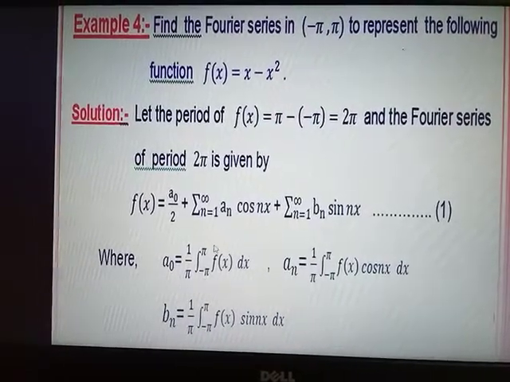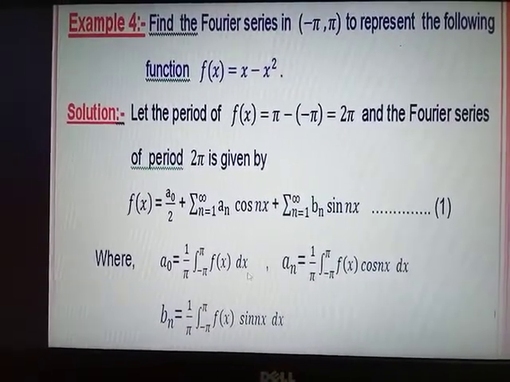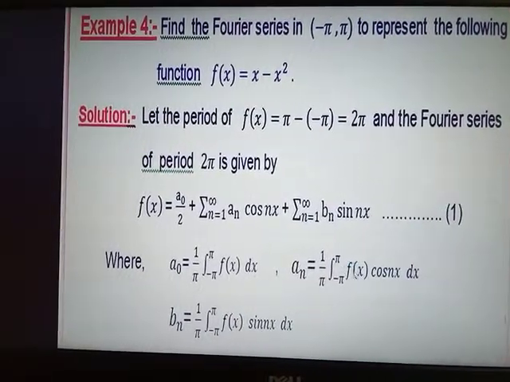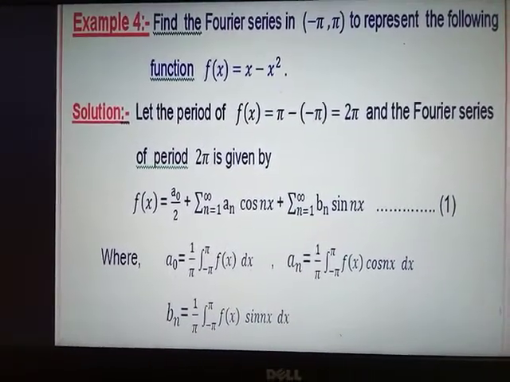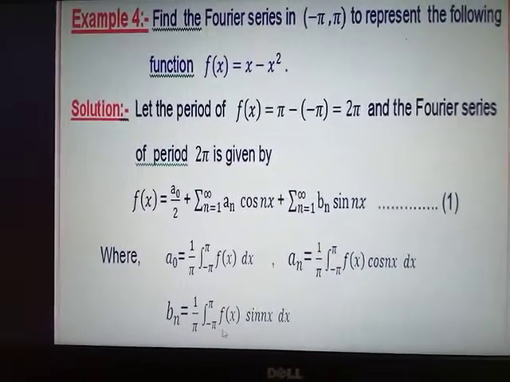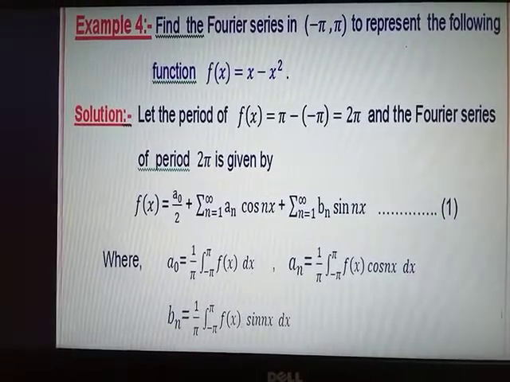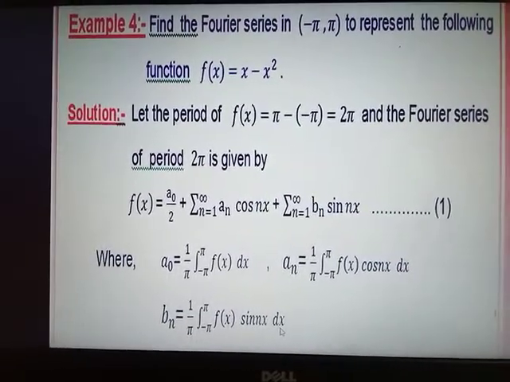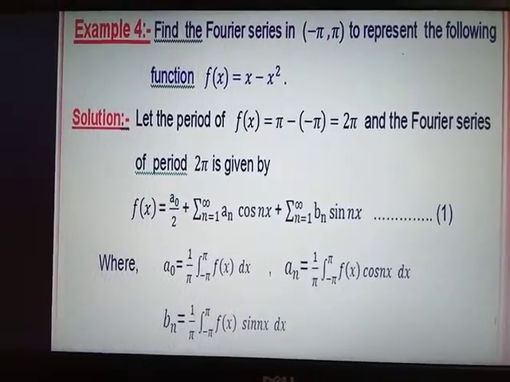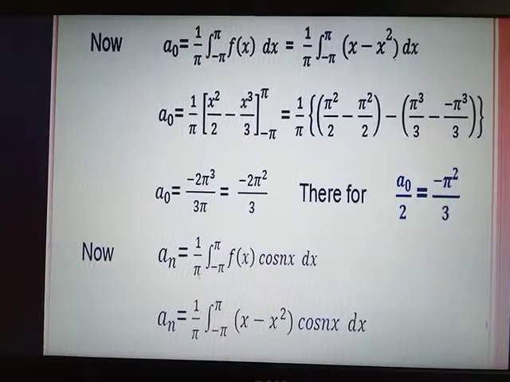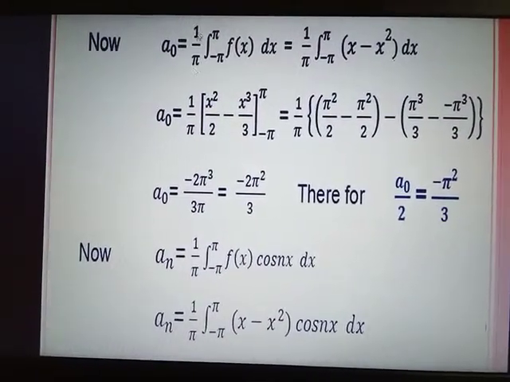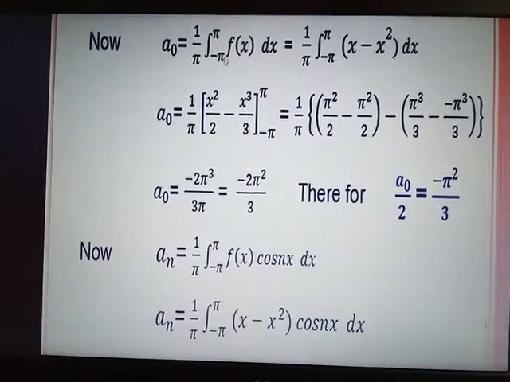Therefore, a0 is 1 by pi integration from minus pi to pi f of x dx, an is equal to 1 by pi integration from minus pi to pi f of x cos nx dx, and bn is equal to 1 by pi integration from minus pi to pi f of x sin nx dx. After that we have to find these constants. For that, first one is, now a0 is equal to 1 by pi integration from minus pi to pi f